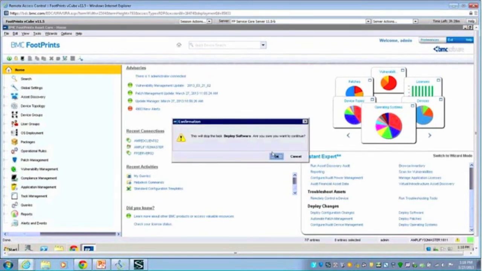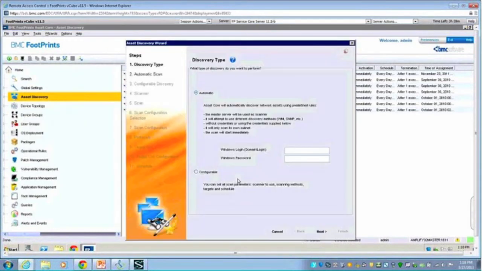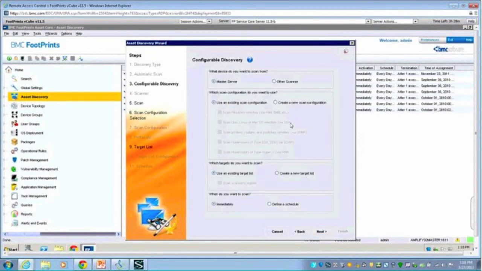And we'll get out of that part. If I were to just right-click on that Asset Core, you'll notice as well that the wizard is still available for me here. So I'm going to click it just so you can see what we can build up. I'm choosing Configurable at this point. I'm going to hit Next. And then I'm going to do a new